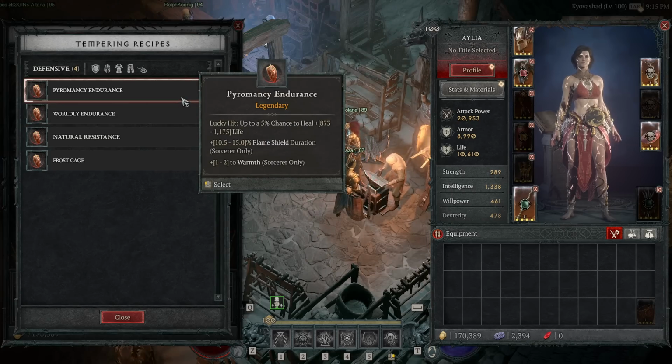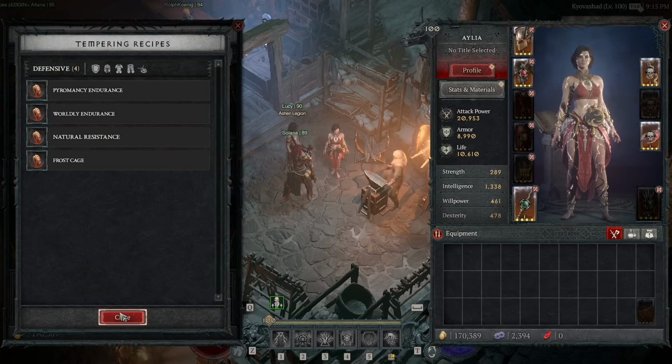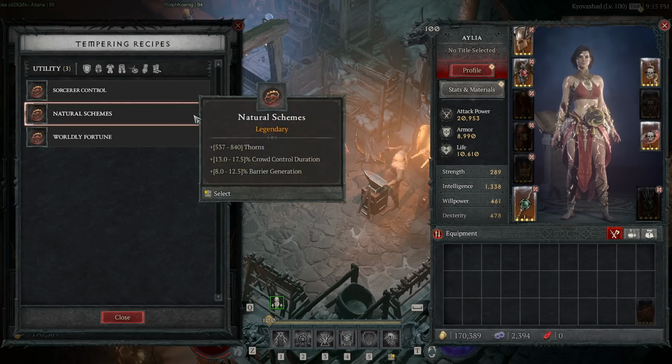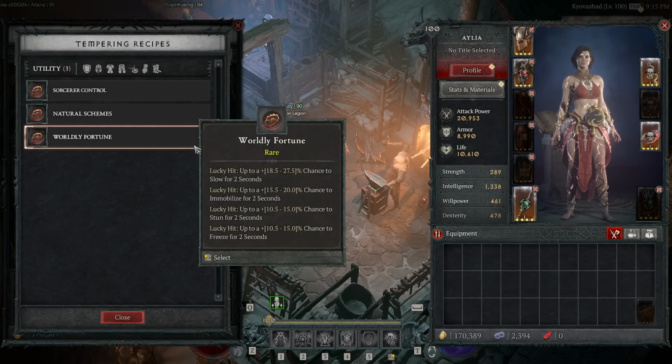Flame Shield duration is also quite nice, and you can do some quite cheesy things with that we'll talk about in the future, but that's all well and good there. Over to utility, what we want is Worldly Fortune. You want essentially any of them is fine, except slow. Get Immobilize, Stun, and Freeze, and then your Blizzard will do just that, and it's just super more lockdown, but